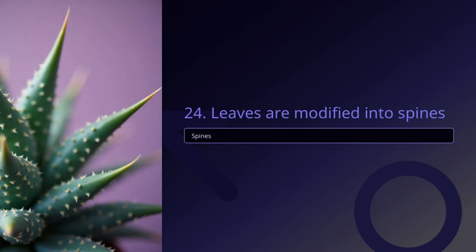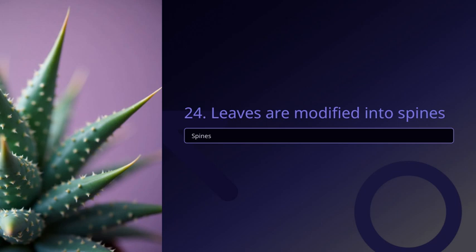Instead of typical broad leaves, many plants have their leaves modified into spines. These spines serve several important functions. Primarily, they help reduce water loss by minimizing the surface area exposed to the sun and wind, which is especially crucial in dry environments. Additionally, spines can provide protection against herbivores, making it more difficult for animals to eat the plant. So, these modifications are a great example of how plants adapt structurally to survive and thrive in their specific habitats. This idea of structural adaptation ties back to the overall theme of how plants evolve features to meet their